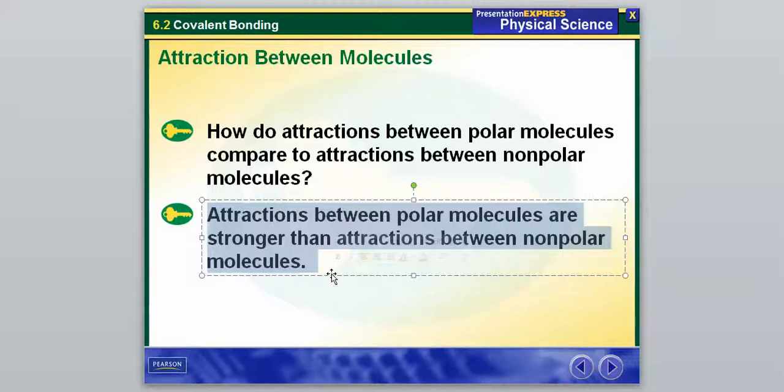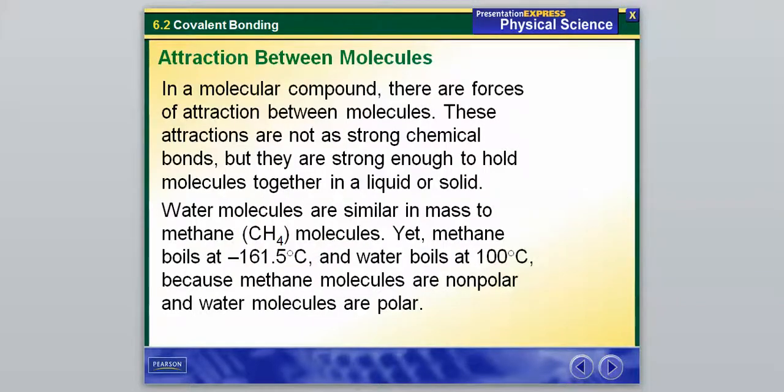Because if you're just neutral, like a nonpolar molecule is, then you're going to be pretty happy. You're not going to really even need to form a bond with any other molecule. But if you have a slightly positive or slightly negative charge, that means you're going to be a little more likely to want to go out and form a bond with something else that's slightly negative or slightly positive. So for our examples, in a molecular compound there are forces of attraction between molecules. These attractions are not as strong as chemical bonds, but they are strong enough to hold molecules together in a